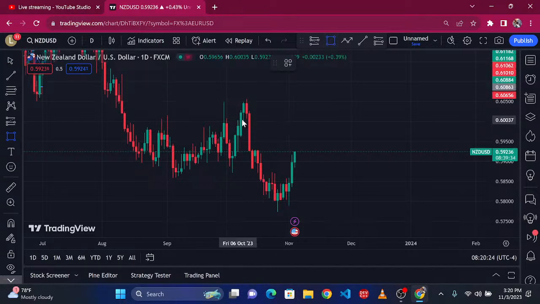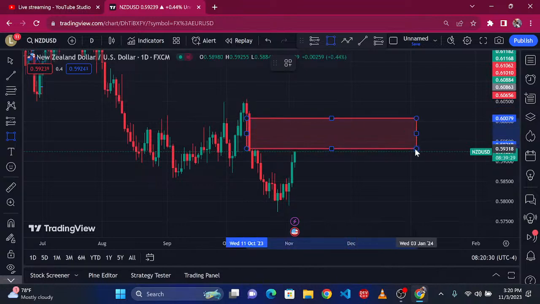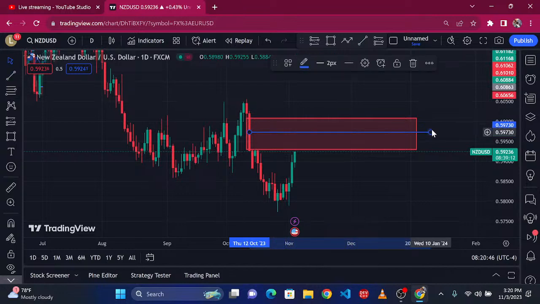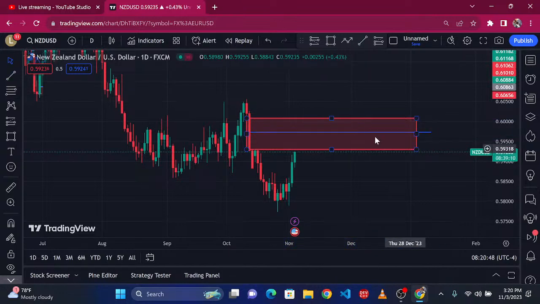And always, if you say fair value gap, this market is likely to move into this fair value gap until it reaches the middle of this fair value gap. So probably have to look for buys until the market reaches in between around here. Yeah, there. So this market is probably going to buy until it reaches this blue line, then start selling,